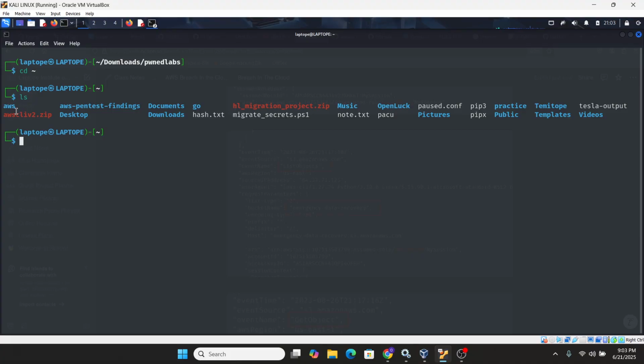Don't mind this aws, that's not where it is, I just created that one. But if you want to know where the AWS CLI stores your credentials, just type ls -la. What this will do is list the hidden files too in a long listing format. Or let's try -a just to list hidden files.